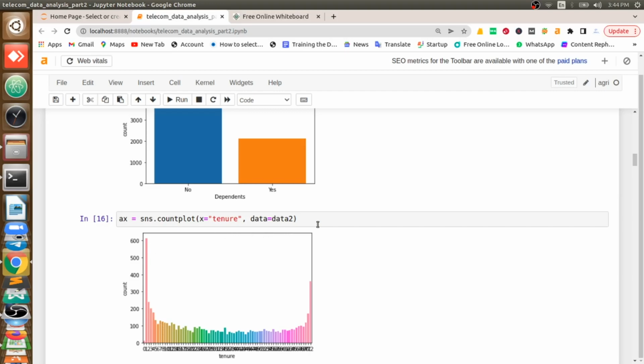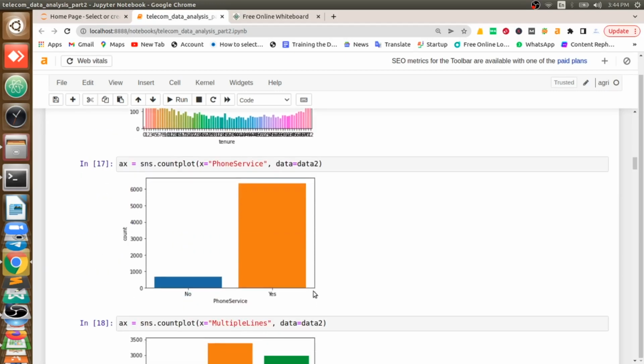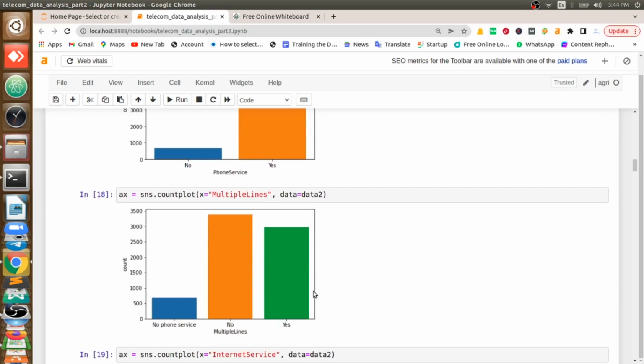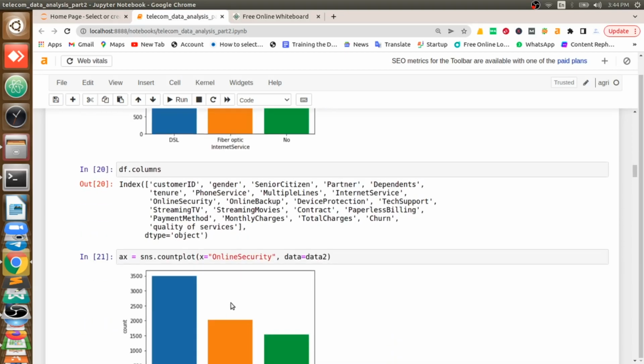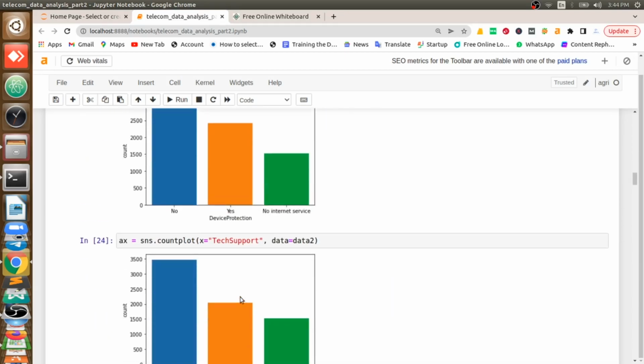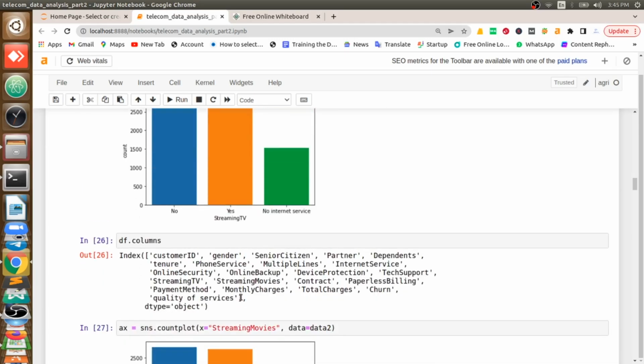Here I am going to plot each column one by one, and see how balanced it is and how many types of classes are there in that particular column. For multiple lines, whether they are using multiple lines, yes or no, and how many people have no phone service at all, like this. Once I am done analyzing all the columns one by one graphically,